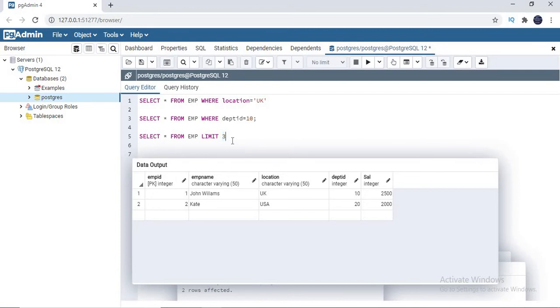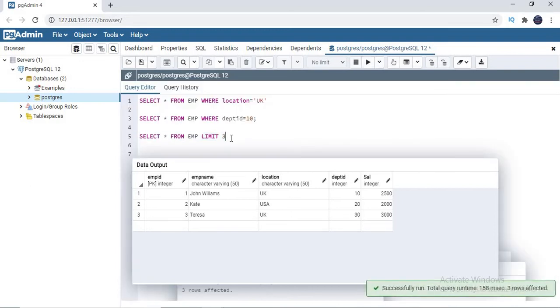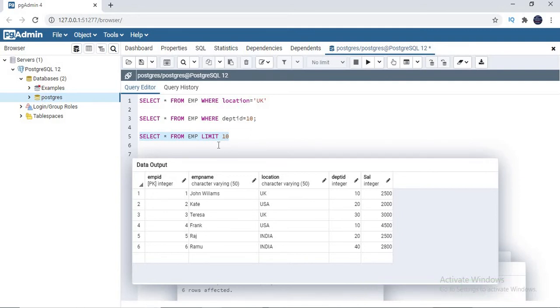So let's keep it as 3. How many records you want, you just keep like this. So limit 3. If I keep limit 10, but the size of the table itself is 6, there is no difference between limit 10 and select star from employee. You won't see a difference because the number of rows is less than the limit you specified here. So limit also restricts the records from a table, either first or last. It's a kind of subset of the whole data.